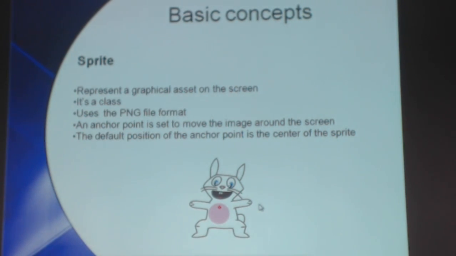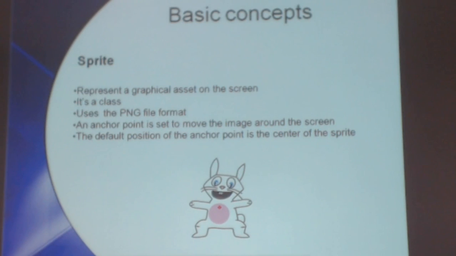Another thing I want to mention real quick is the coordinate system used by Cocos2dx. When we are creating graphic programs, most of the time we have the origin over here, but Cocos2dx has the origin here, meaning the point 0,0 is here. So if I position this bunny here, I'm going to see that. Intuitive to a user? Yes, of course. It's way more intuitive to the user. The standard way, you have to think backwards on that. Yeah, it's more human-friendly.